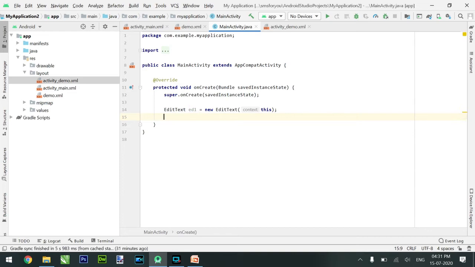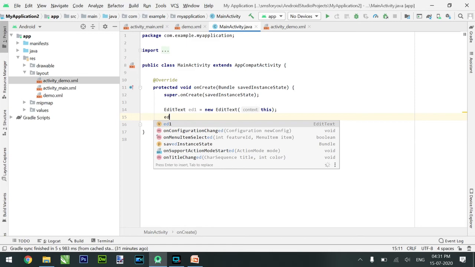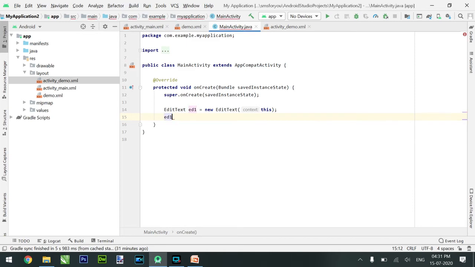So what I have done here, I have declared an object ed1 of EditText. Now I can set any kind of attribute of this edit text by ed1.setText